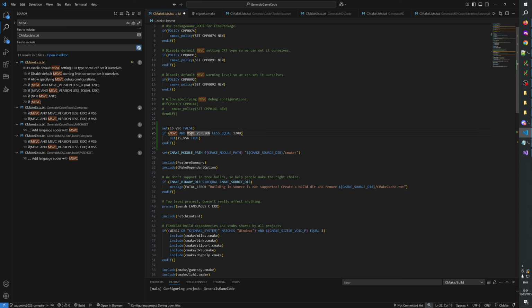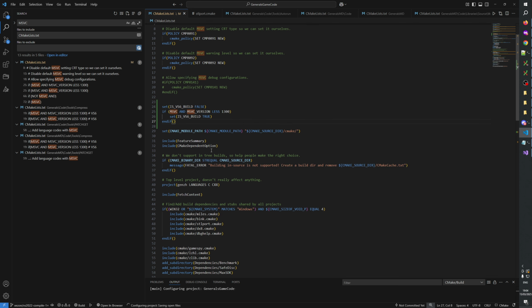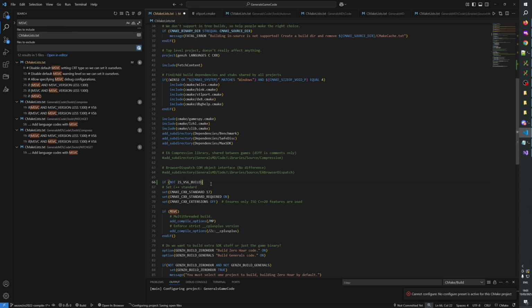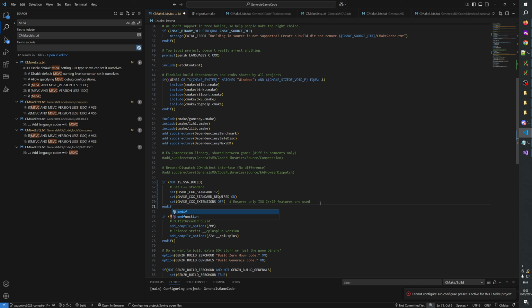Okay, so if MSVC and, let's say, less than 1300, true. Let's call this is vs6 build. Then we say here, if not is vs6 build, then we set the CPP standard. Yeah. And if